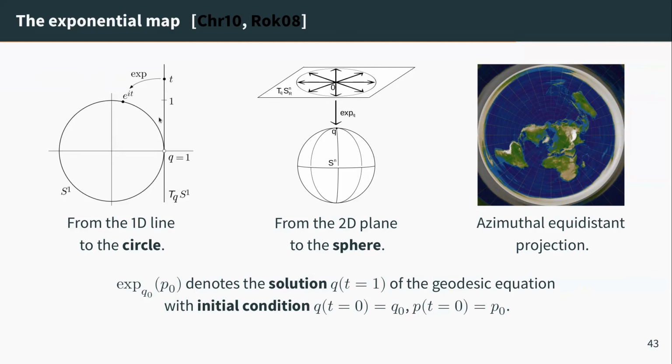Okay, and so that's why it's called the exponential map, and that's where the name comes from. The map that associates to every initial velocity a point on the manifold has exactly the expression exponential of it, because the complex exponential is defined by rolling a line along the circle. And you see that you can apply this methodology to any kind of manifold, actually, to any kind of Riemannian